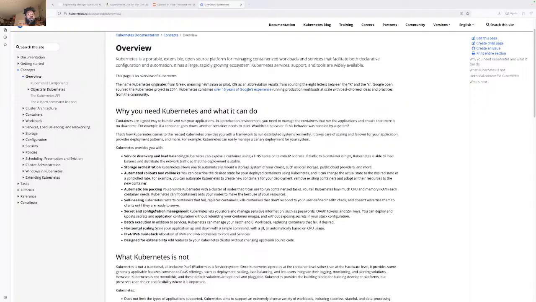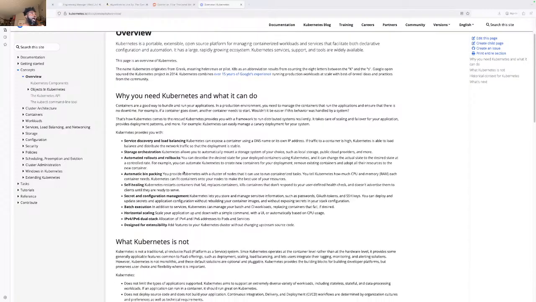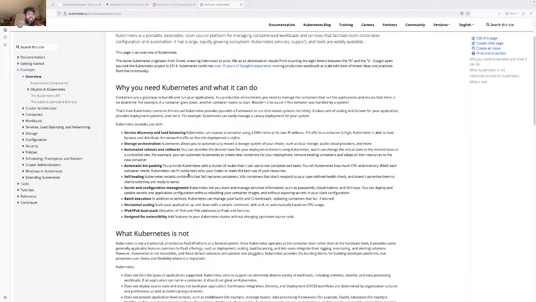Overall, Kubernetes is a portable, extensible, open source platform, and I've got a little background and understanding of it. One of the questions is, why would you opt for Kubernetes? From my experience, Kubernetes allows you to not be tied to a cloud provider, whether it's AWS, Google Cloud Platform, or Microsoft Azure.